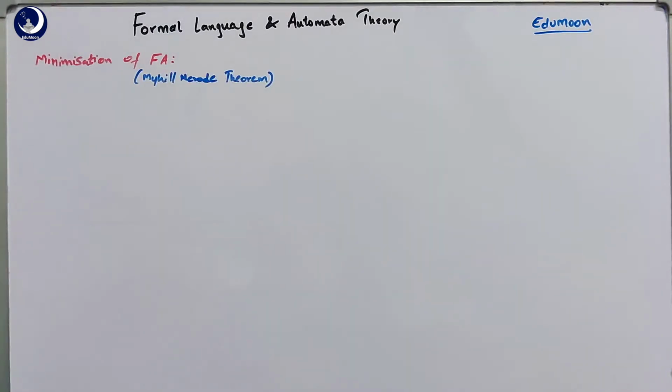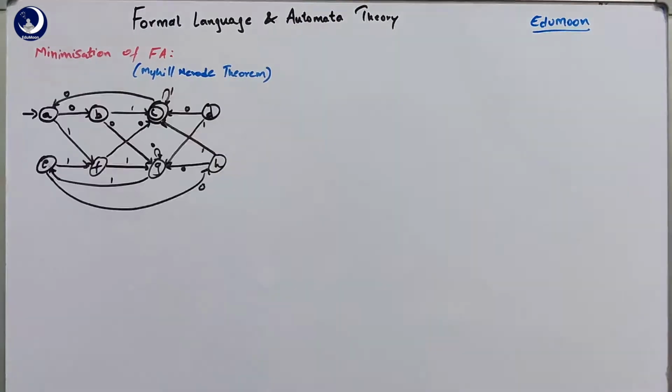So the idea of minimizing a finite automata is, if there are many states in the finite automata, it can be reduced to a smaller number of states, because if there are two or more states doing the same job, we just combine them or eliminate one of them, so that it is implemented using fewer states. But the property of the machine is totally the same, that is, it accepts the languages that it is designed for. All the strings that come under that language will be accepted by the same machine after reduction also. So let us take an example with a machine with more states, and we try to reduce that using this theorem.